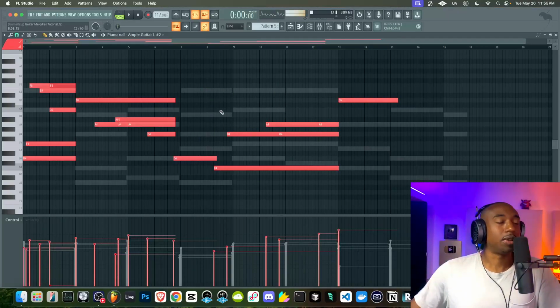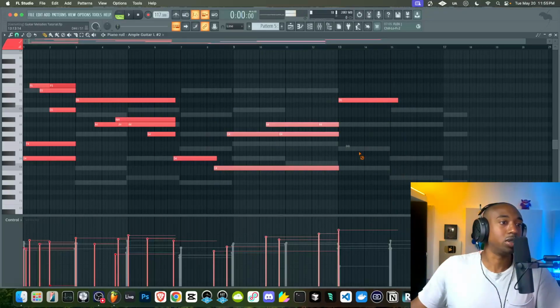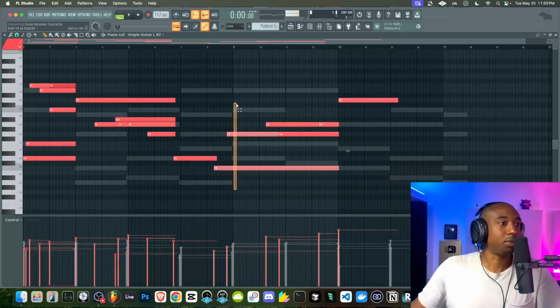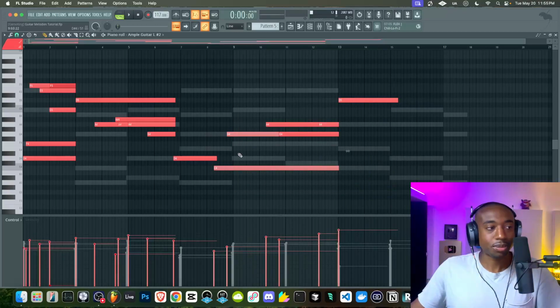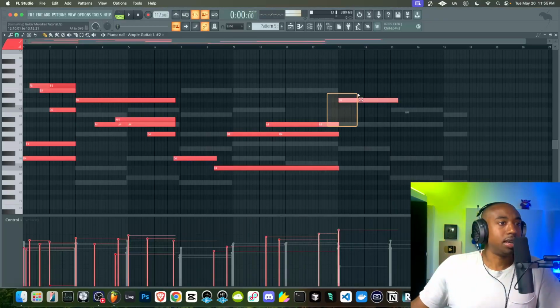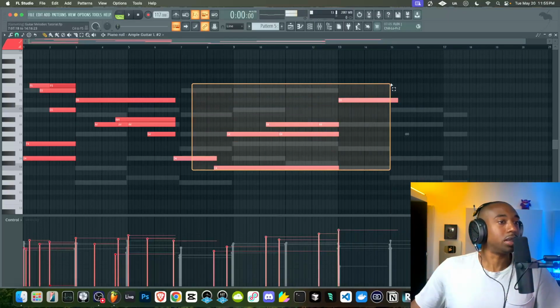But the philosophy can help you continue to improv without overly thinking about what should be next. Because now I'm just thinking about perfect fifths at this point. I was just playing perfect fifths. C to G is a perfect fifth. And then I played D to A, which is a perfect fifth. And then G to D is a perfect fifth, in distance, I mean. And so that's how I was moving through this chord progression without overly thinking at this point.